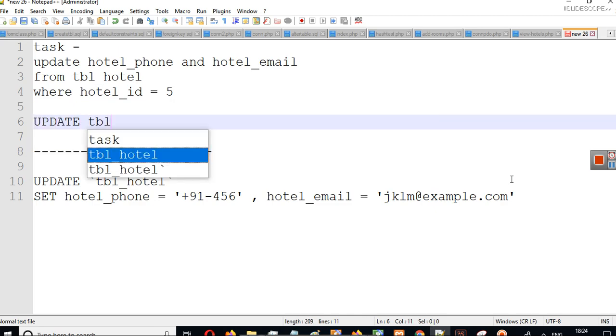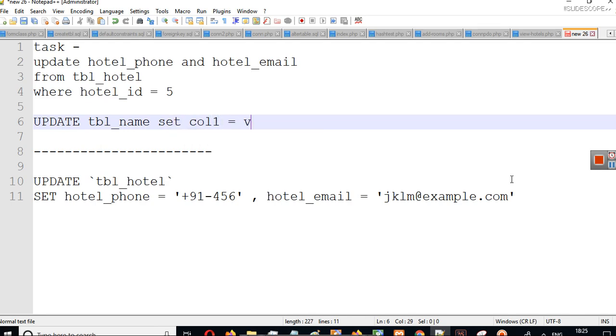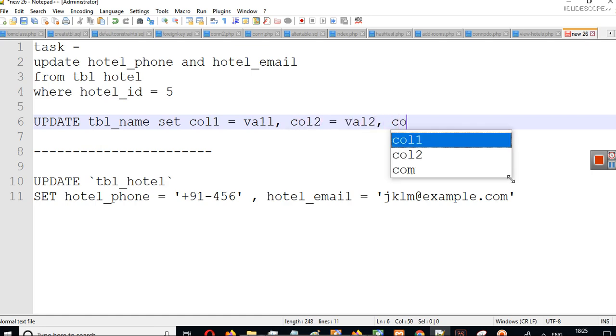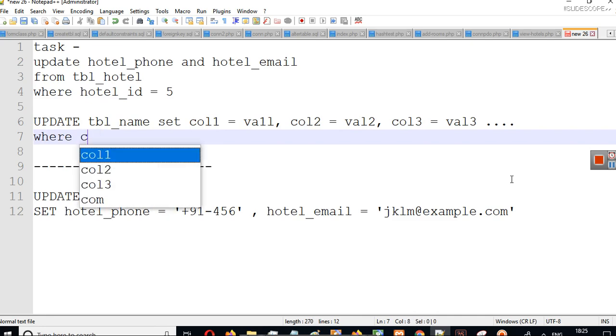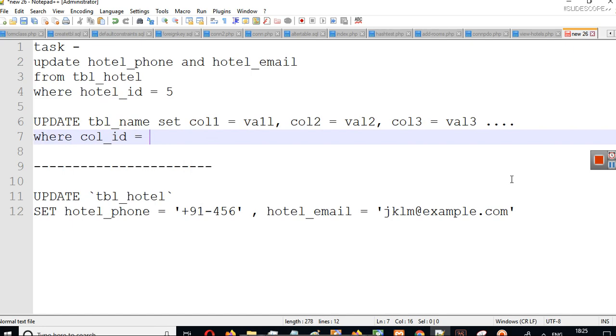Update tbl_name set col1 is equal to val1, col2 is equal to val2, col3 is equal to val3, and so on, where col_id is equal to val.